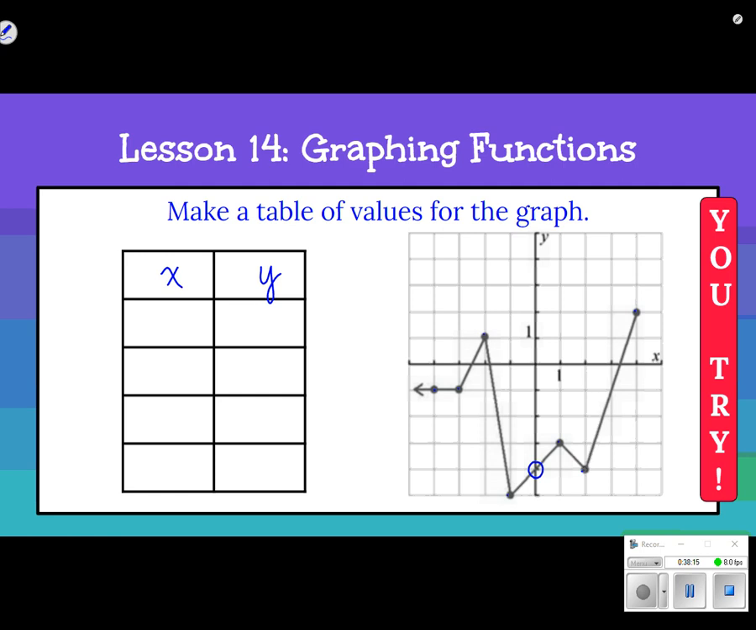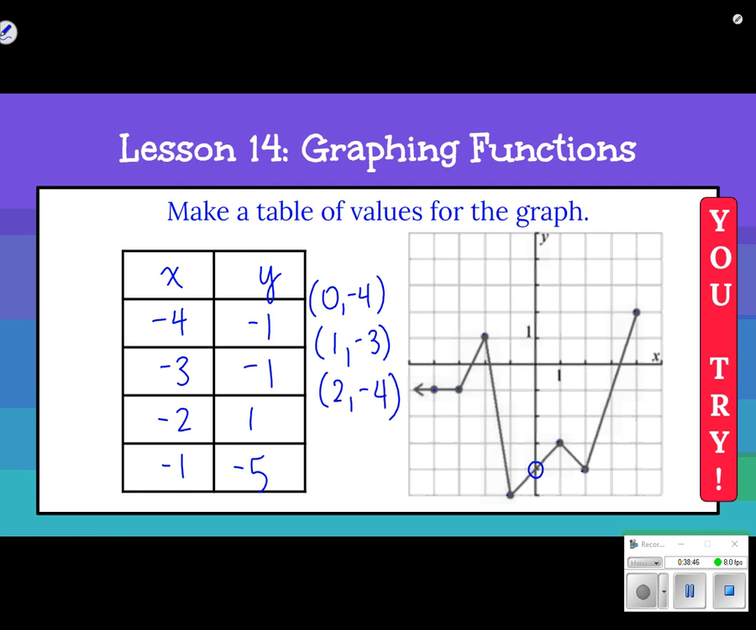So you could have any of these points. So you could have, let's see, again, we are assuming that these are ones, 1, 2, 3, 4, so -4, -1. You could also have -3, -1. You could have -2, 1. You could have -1, -5, you could have 0, -4, you could have 1, -3, you could have 2, -4, or you could have 1, 2, 3. Oh, we do have a scale there. 1, 2, 3, 4, 2. Okay, so